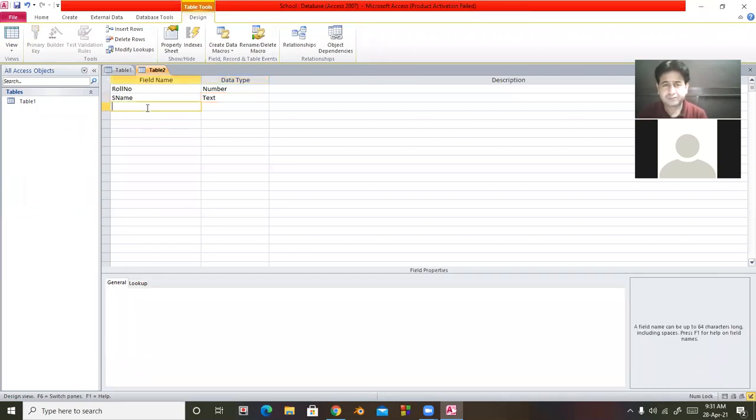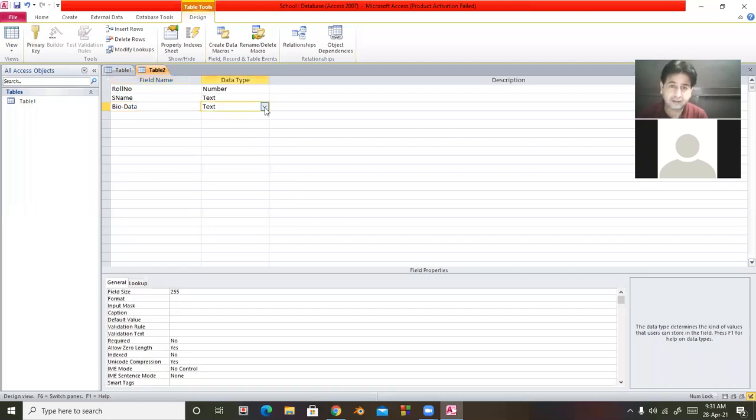Third, suppose I'm taking here biodata. Biodata is complete information about any person: date of birth, achievements, working experience, professional information. So remember one thing, data can be more than 255 characters.